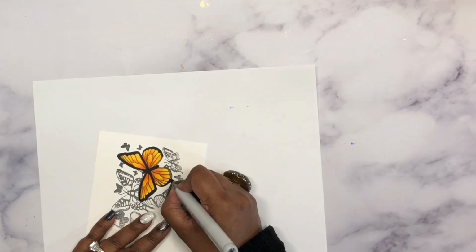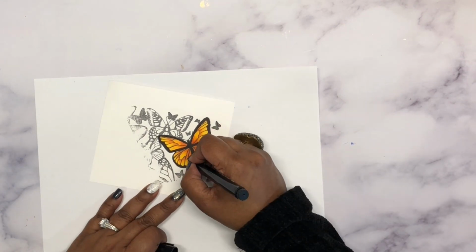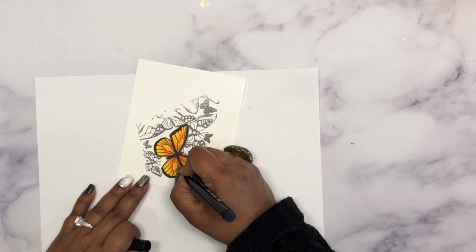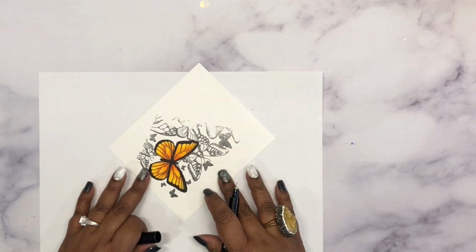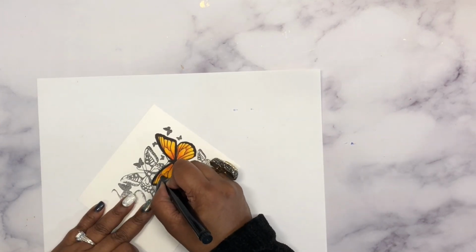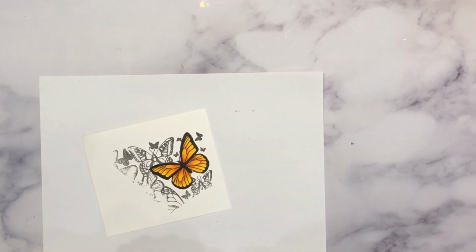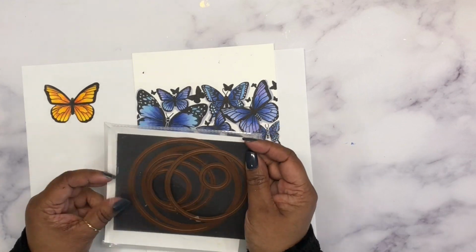Anyway, so once I'm done adding all this black ink, I'm going to fussy cut that using a scissor. I just want one of the butterflies to be yellow and all the other butterflies to be blue. So just a pop of color in this beautiful garden of butterflies. I'm just doing some final touches of the thinner black lines, and here you can see I've gone ahead and